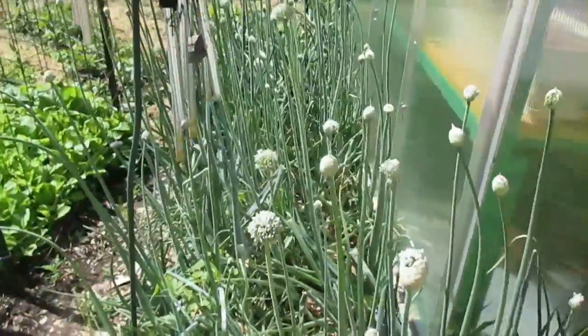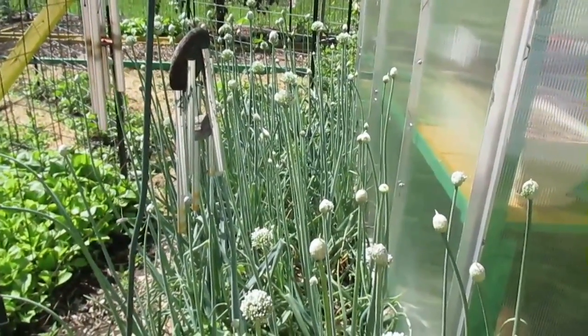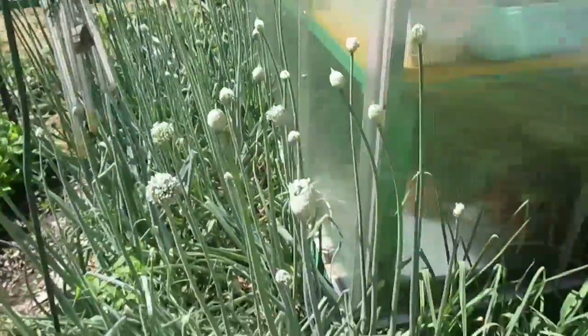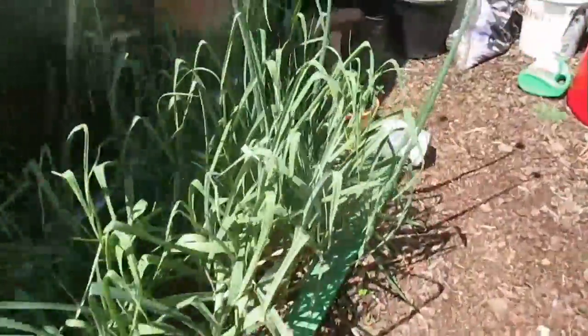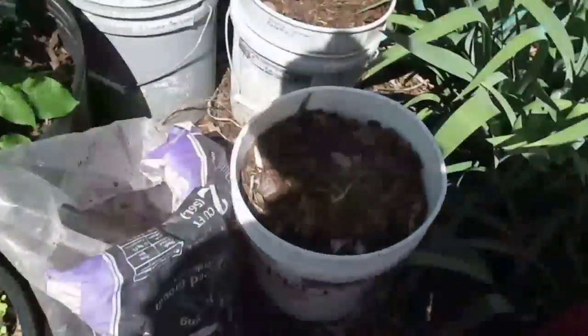And you can see all the onions are going to flower. I'm going to have a ton of onion seed. And the garlic will be harvested soon. And see, the lettuce came up. Now in these 3 back here,